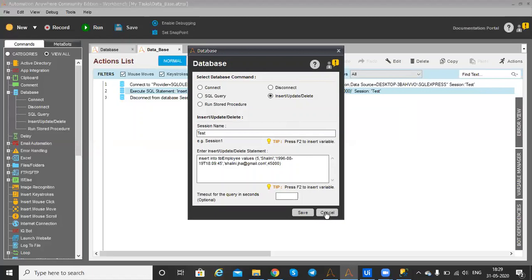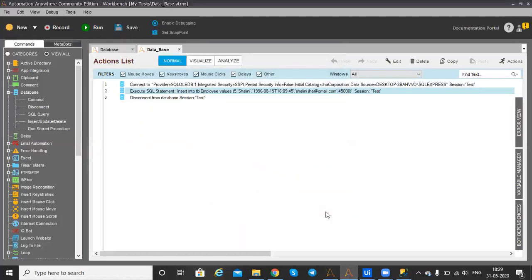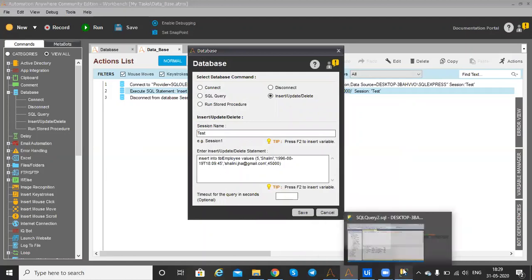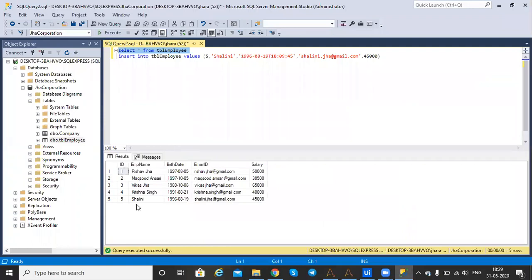We have already completed select, insert, and delete. The last thing is update. Suppose here we get data like Shalini, date of birth, email ID, and salary.